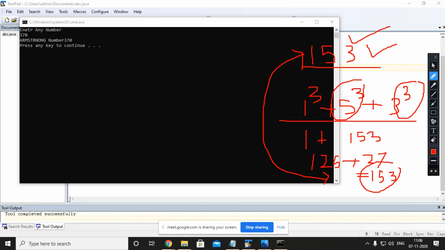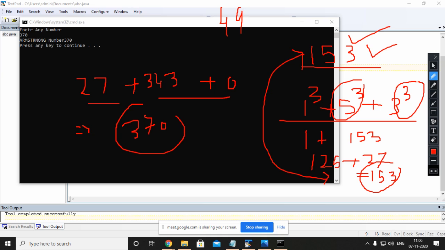You can see here 3 into 3 into 3, that is 27, plus 7 cube, and 0 cube is 0. So now just add this, you will get 370. Am I clear, everybody? So this is also an example of an Armstrong number.